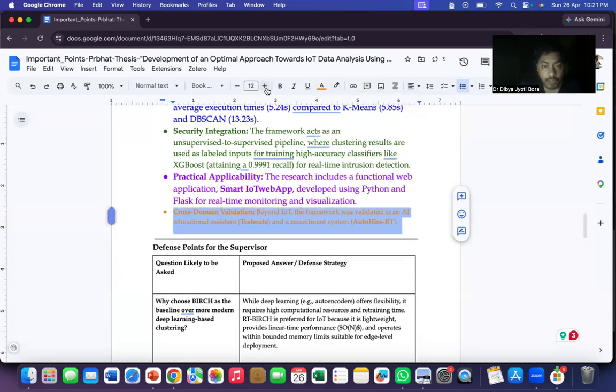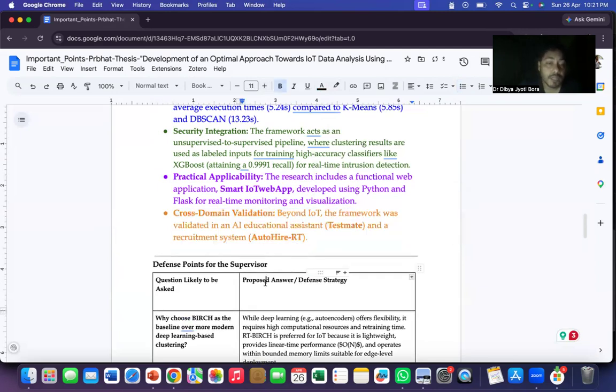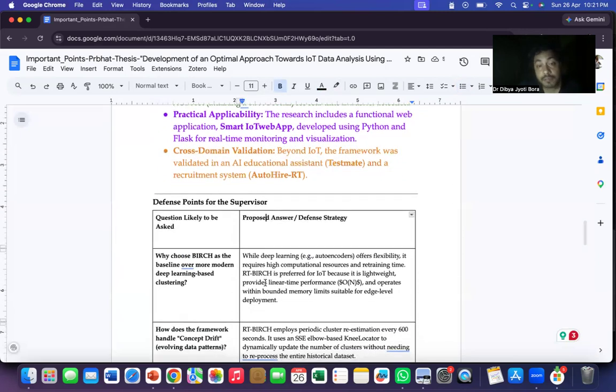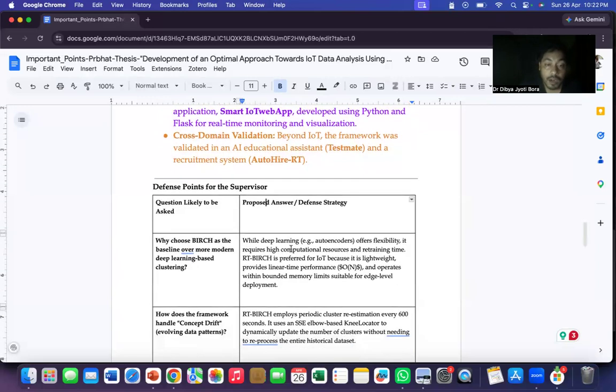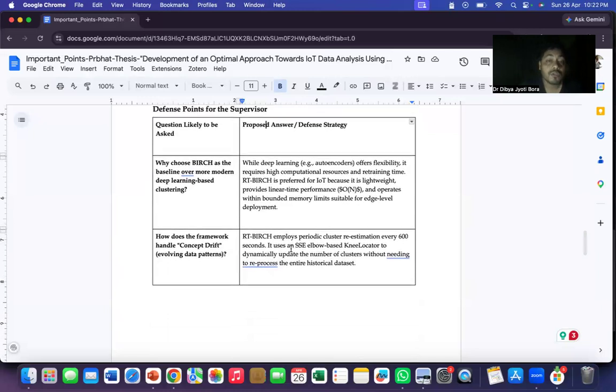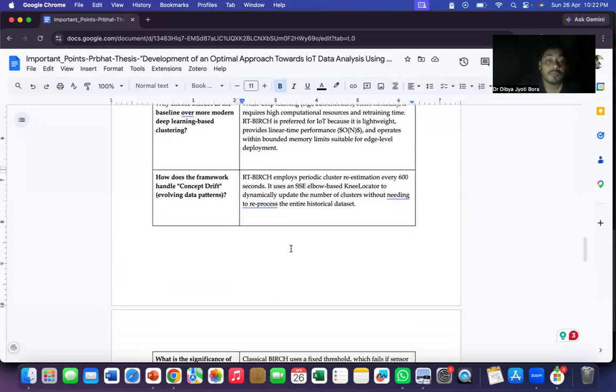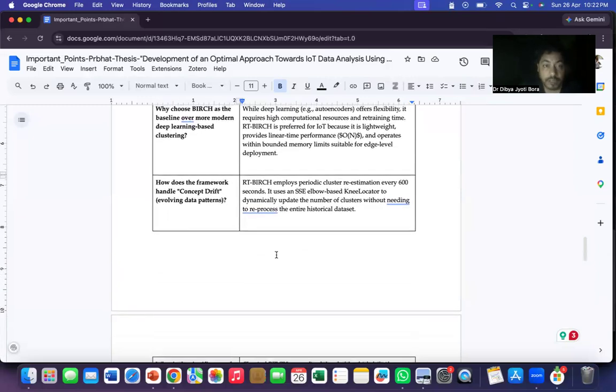Beyond IoT, what happened? The framework was validated in an AI educational assistant testbed and a recruitment system, AutoHireRT. So this we have done. We have validated our work in an AI educational assistant testbed and recruitment system, AutoHireRT. Okay, so this works. I am satisfied as a supervisor